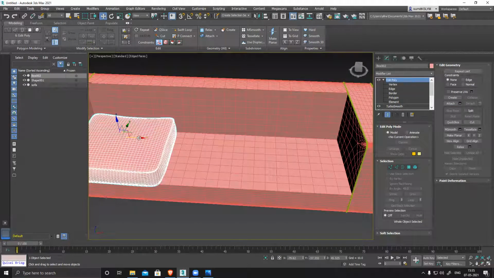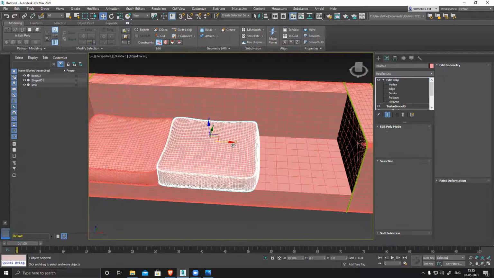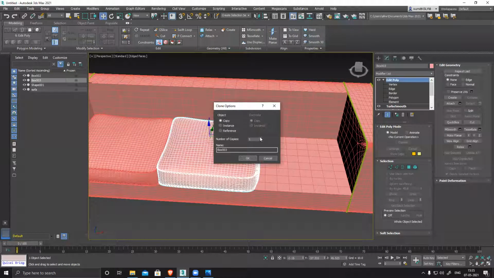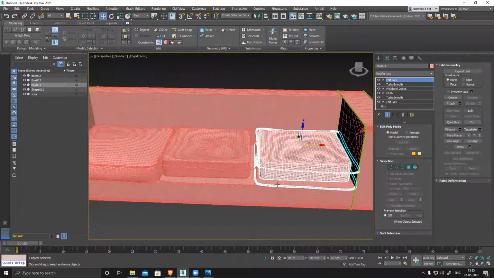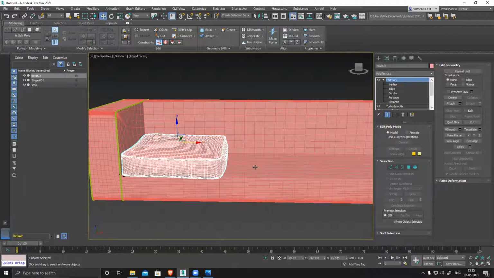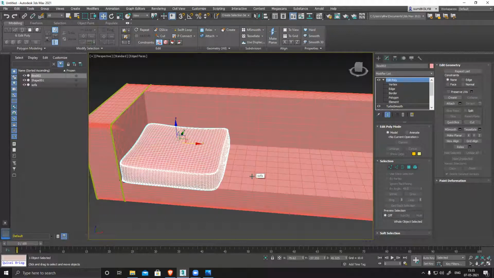Now select this, shift, move it, two cushions. It will duplicate one more. All right, what happened? Oh, there's one more thing. When you apply cloth modifier, you have to collapse your entire thing.